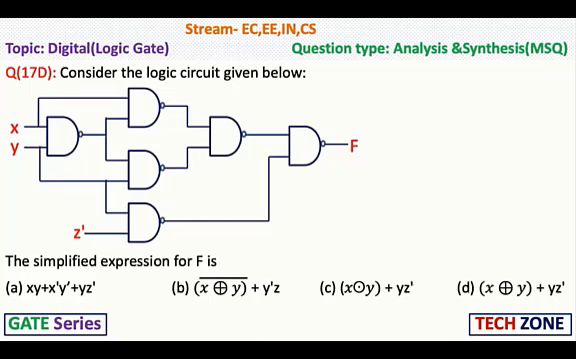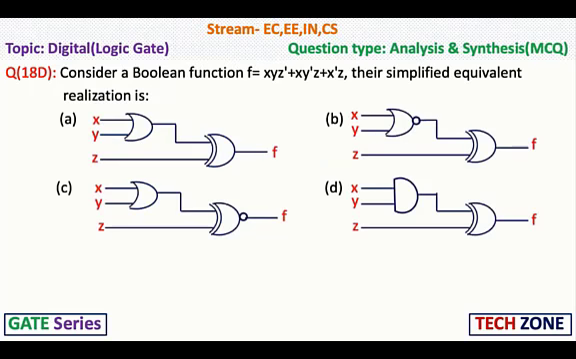Consider the logic circuit given below. So this is the circuit given here. The simplified expression for f is: option A, xy plus x bar y bar plus y z bar. Option B, (x XOR y bar) plus y bar z. Option C, (x XOR y) plus y z bar. Option D, (x XOR y) plus y z bar. Next,